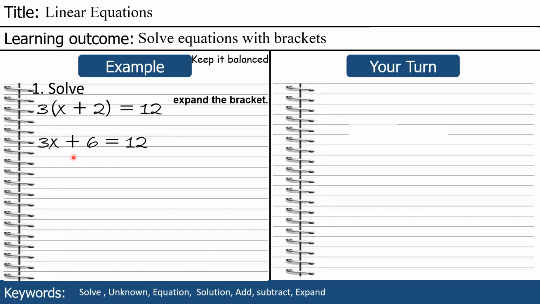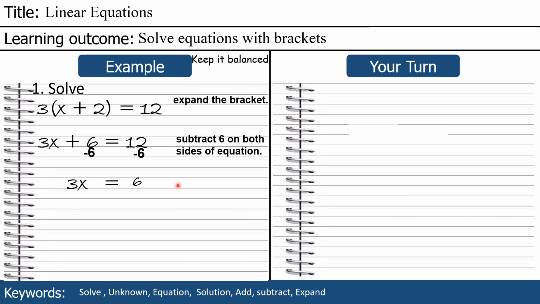Then reverse the last operation done to your x, and the reverse of add 6 is subtract 6. Subtract 6 on both sides of the equation. So on the left hand side of the equation you subtract 6, and on the right hand side of the equation you subtract 6. Now 3x